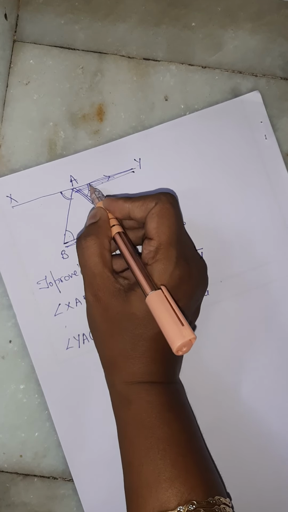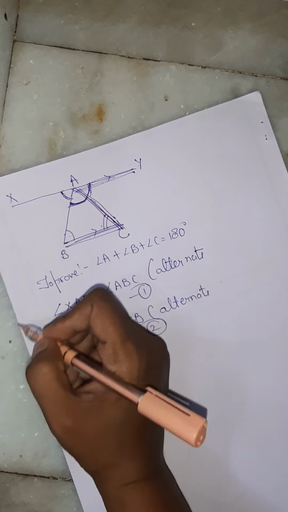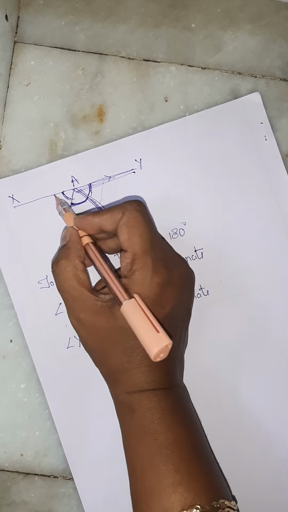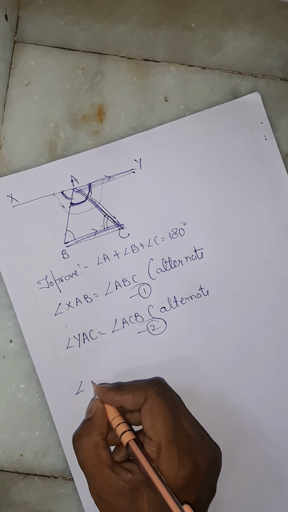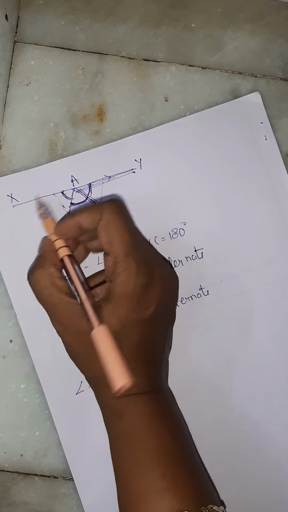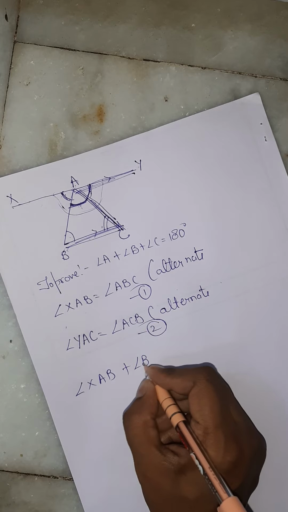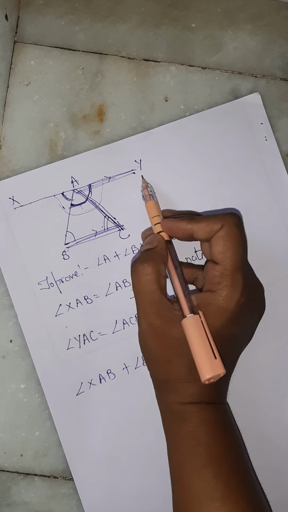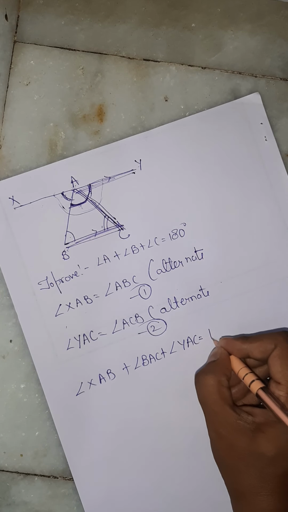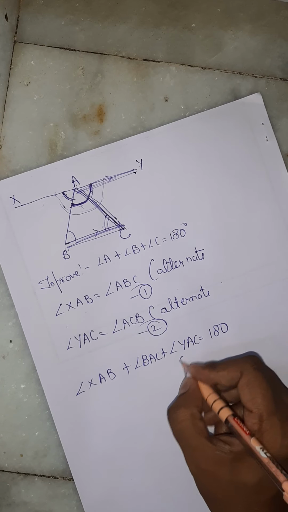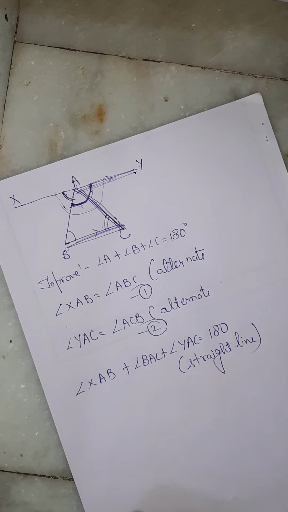Now, what about 1, 2, 3? What about these three angles? Which type of angles are they forming? Yes, they have a relation. They are on a straight line. So, the sum of all these three angles will be 180 degree. Which ones? Let me name angle XAB, this one is XAB. What is the name of this one? BAC. Plus BAC. What is the third angle? The third angle is YAC. That is also, the sum of all these three angles is 180 degree. And what reason should I give? I should give the reason as a straight line. I hope I am clear till here.